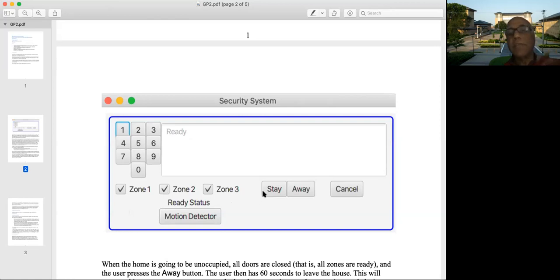The same or a similar thing can be done for setting the alarm maybe at night. You are going to bed and you are worried about burglars at night. So what you do is you press the stay button. Again, you should have all these 3 doors closed. The zones should be ready, and you press the stay button. And then